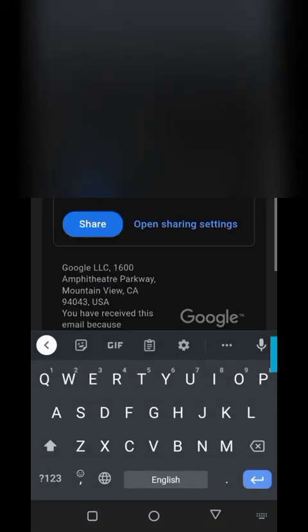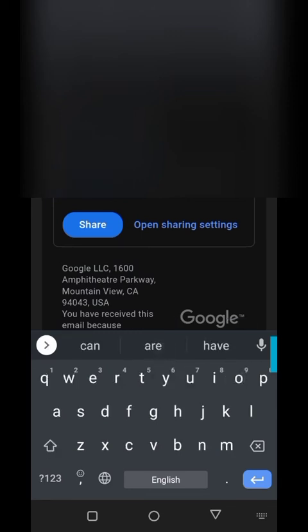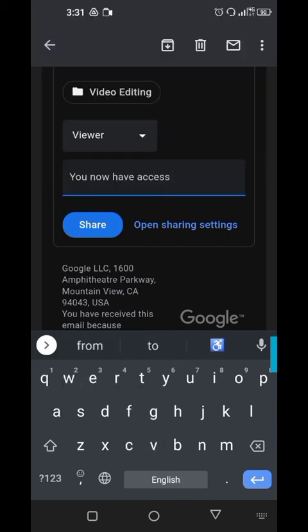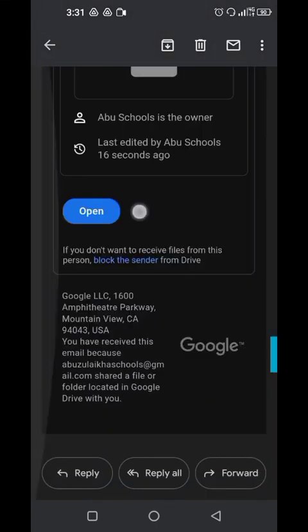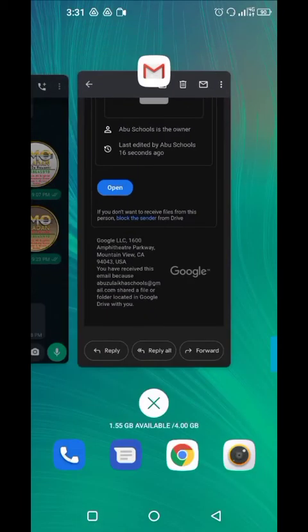Then if you like, you write a message to the person. Just say you can now open it, or you now have access. You now have access. Do you understand? Then you say share. Now the email will be sent to the person that you can now open the file. If you come here, you see the email received that a folder was shared with you. Now if you come here and say open,